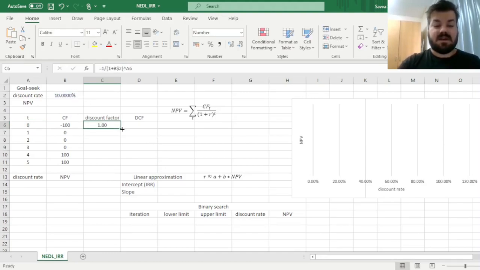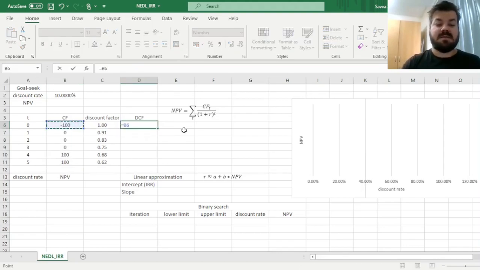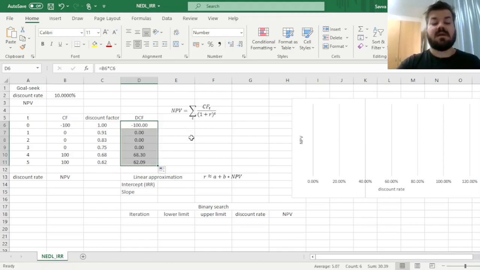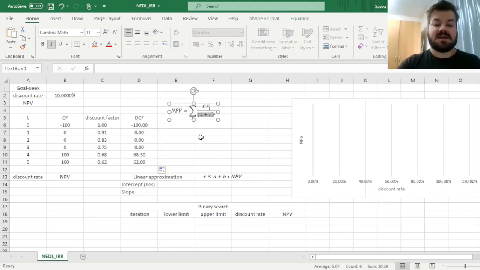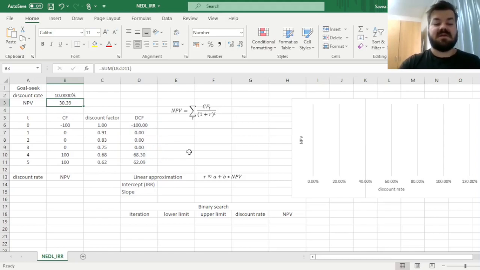And we see that the discount factors go down as time passes, meaning that further and further cash flows are less and less valuable in the present day, which is very intuitive. And now we can discount our cash flows by the respective discount factors, simply multiplying them together. And finally, we can calculate our NPV as per this formula as the sum of all discounted cash flows subject to a particular discount rate R. So we sum up this particular column and get a positive net present value of